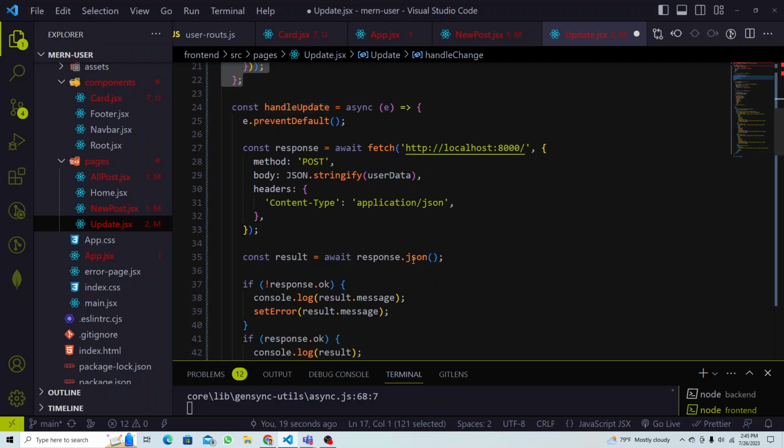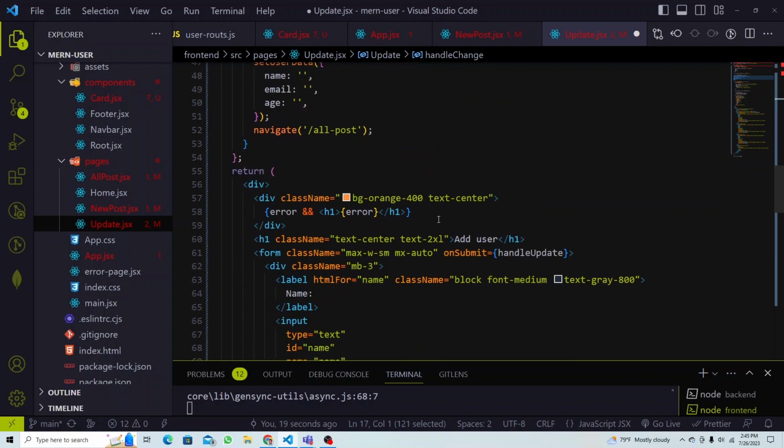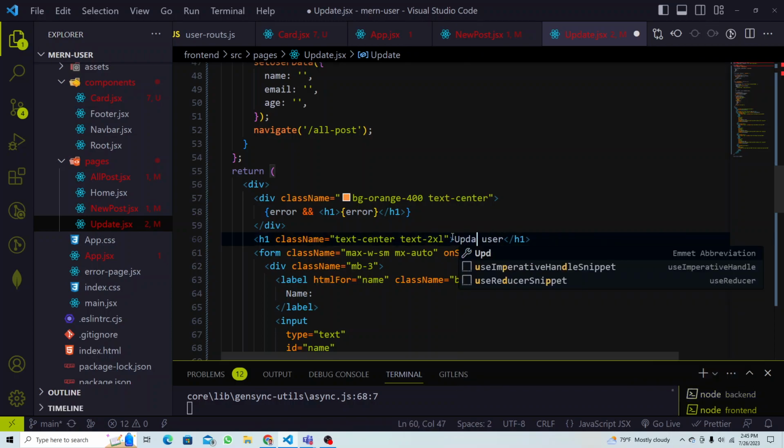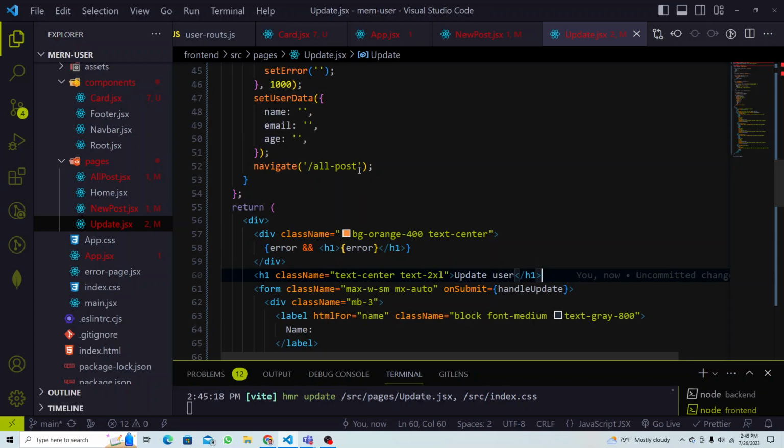Okay, so before we start here, let's change this to something, maybe update user, right? Just change that one. Okay, so now we're going to write a function, right? Basically